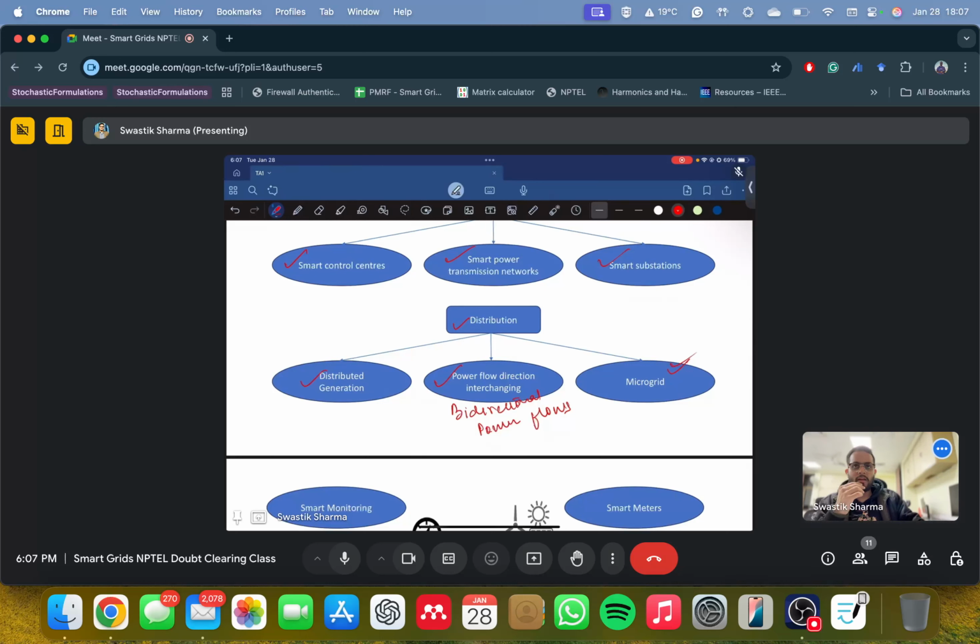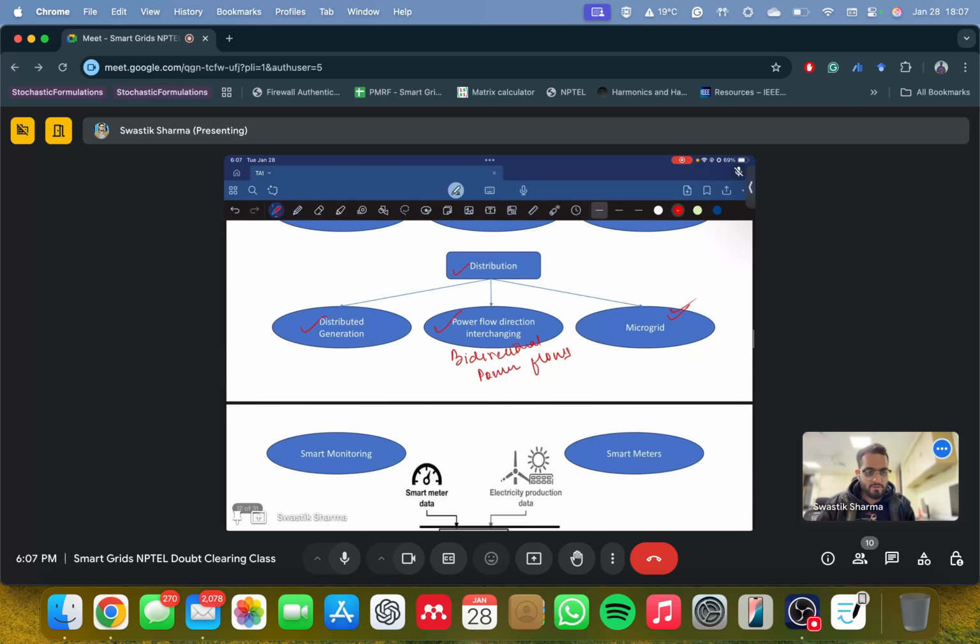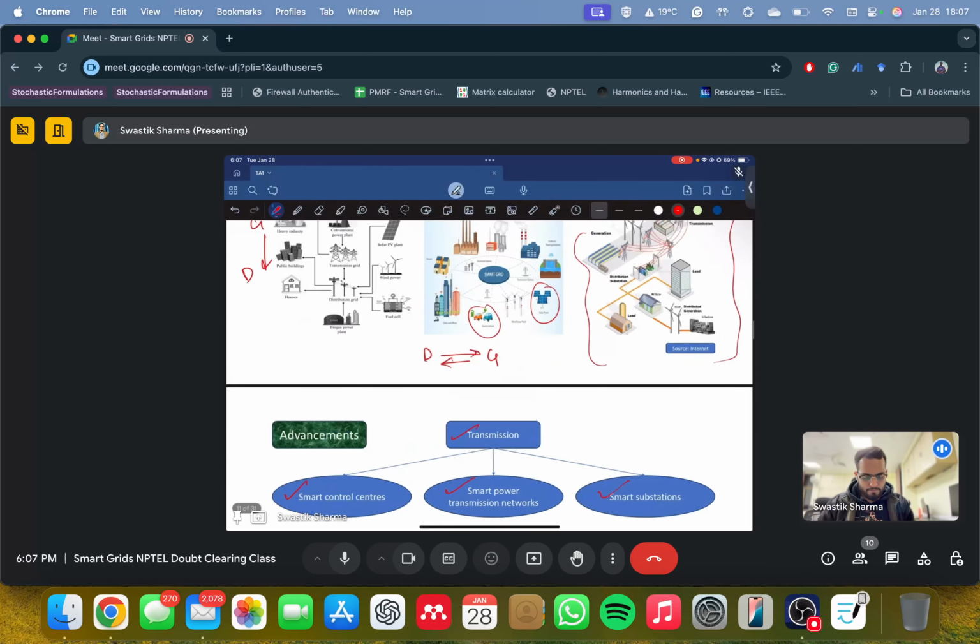This comes from the fact that, for example, a hospital is a critical load, it needs to have electricity at all times. So you'll see there are diesel generators, and they will have renewables as well now, like solar PV cells. They are now able to support their power on their own, even when the main grid is off. When I say off, it doesn't mean a blackout is happening, it's just that the power is not coming to the microgrid as of now. So they are self-sustainable in nature.